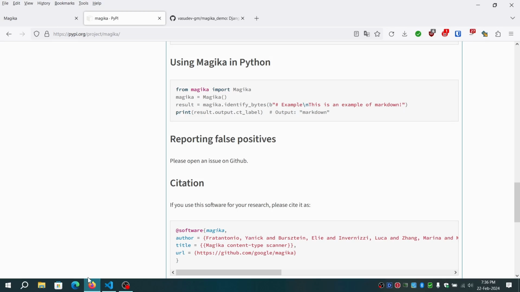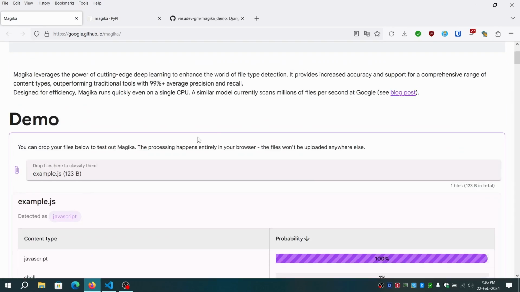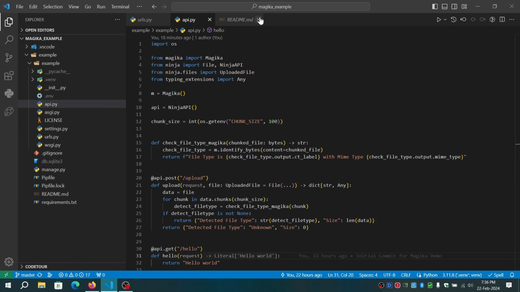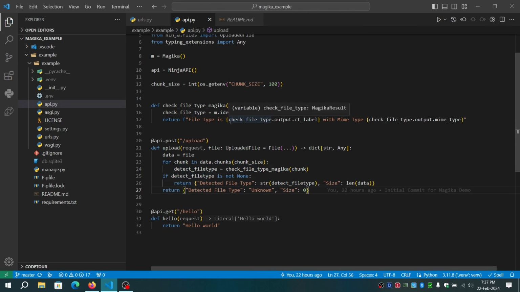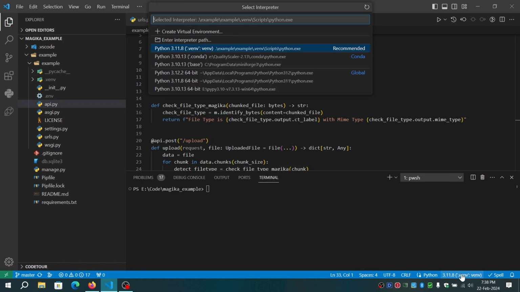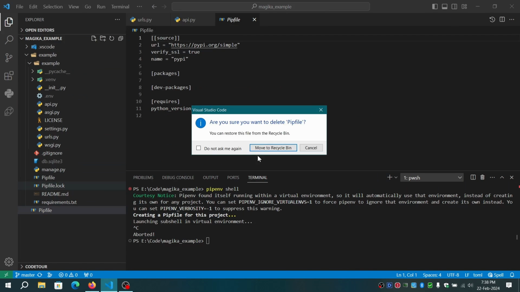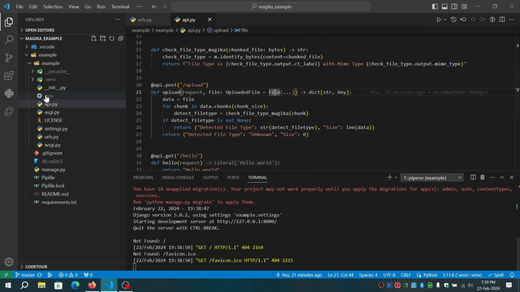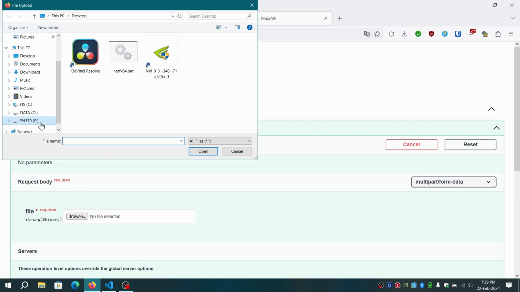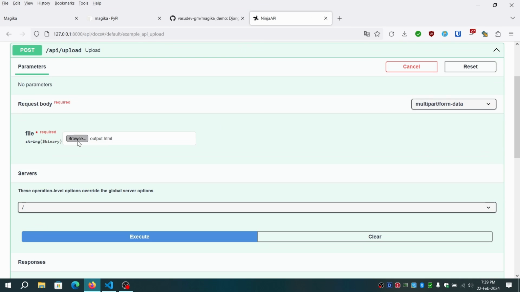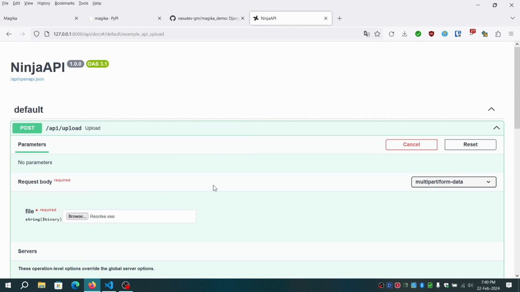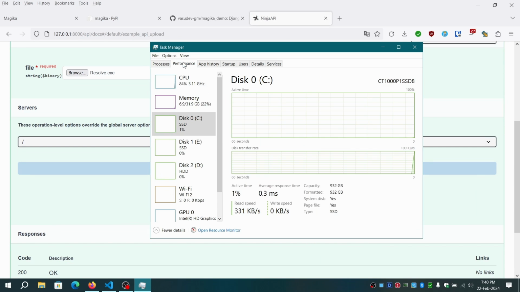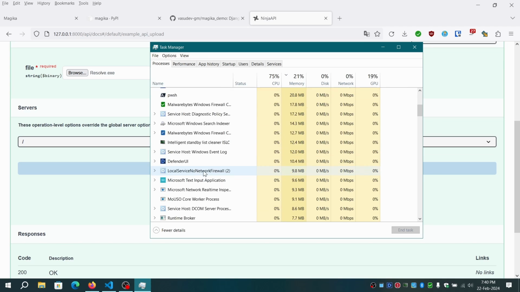Finally, I will show you how to integrate Magika into your file upload API endpoint. If you're new to Django Ninja, you can refer to my Django Ninja tutorial. We will make use of the UploadedFile Django API to handle the file upload. In the upload endpoint, pass the file argument. If you're working with only small file sizes, you can skip the chunked file loading and simply read the full file into memory. Otherwise, we will efficiently load only a few chunks of file data to determine file types for better resource usage. Import the Magika module, initialize the Magika class and use the identify bytes API to detect file types in the function